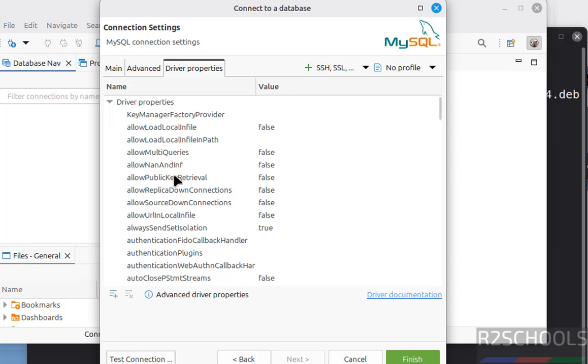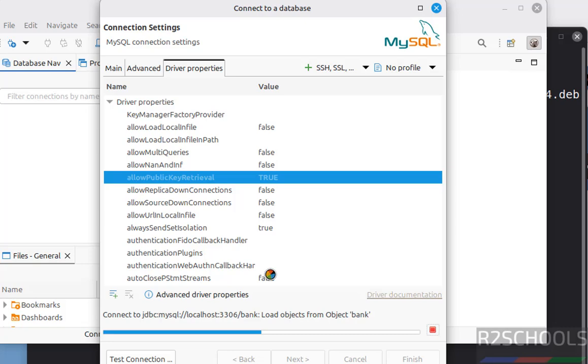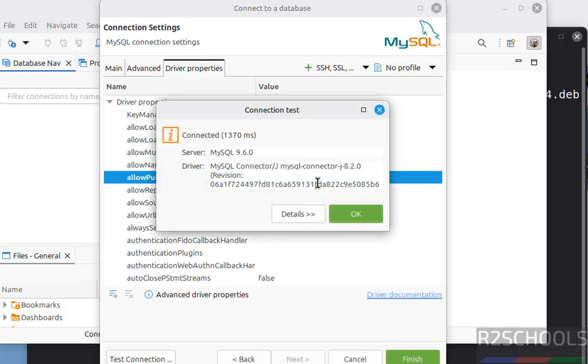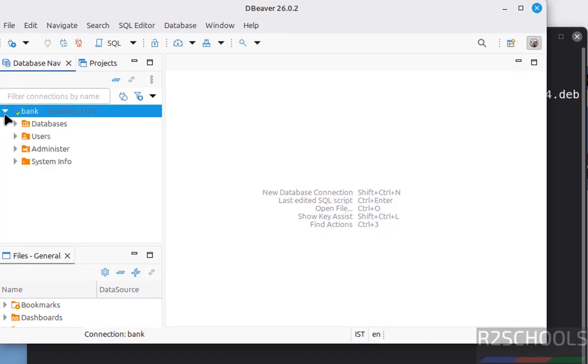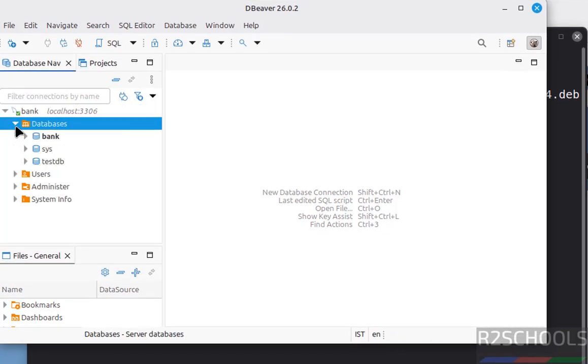Then see here, allowPublicKeyRetrieval. By default it is false. Change it to true. Then click on test connection again. See, successfully connected to MySQL server. Then click on finish. If you want to run queries against the databases, any one of these, you just need to